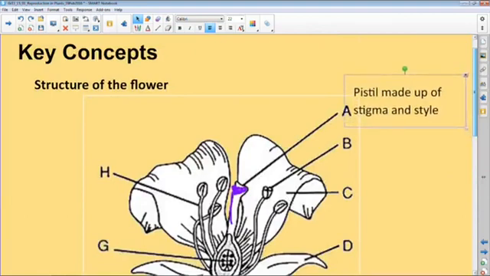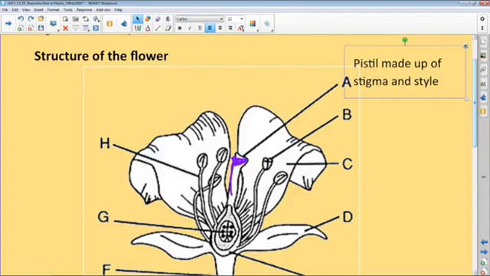That's it. Okay, now, what I've given you there is the pistil, made up of the stigma and the style. That is the female part of the plant. There is something still missing, but we'll label it later. The stigma and the style is very, very important, because what actually happens is you're going to get a